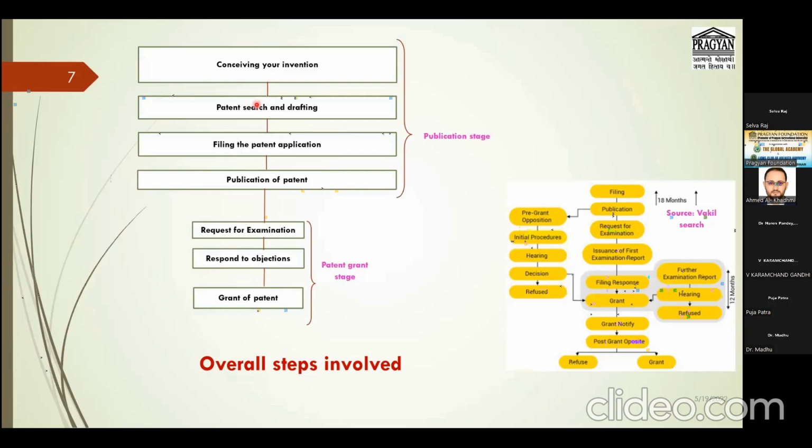Somebody may be saying that I have 2 patents, 3 patents, 4 patents. Okay, but they only have the publication. A patent grant is the second stage. It's a very important stage. However, nowadays most of the universities and most of these organizations also recognize patent publication. Still, as of now,